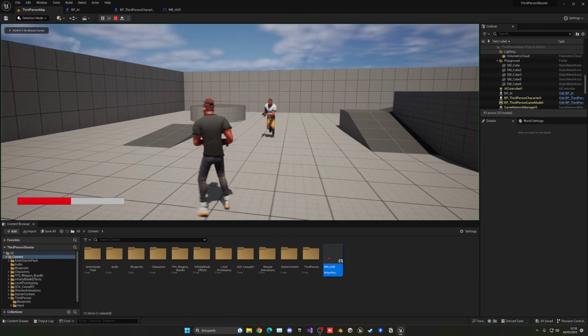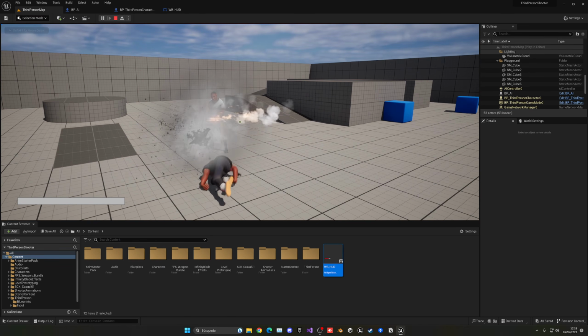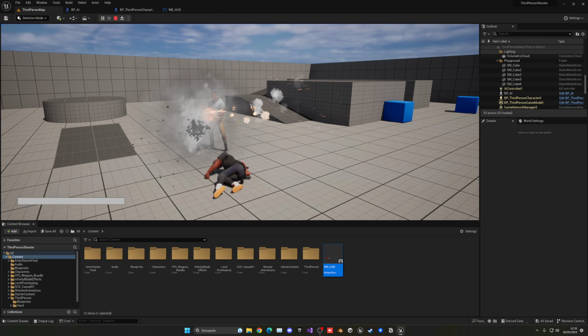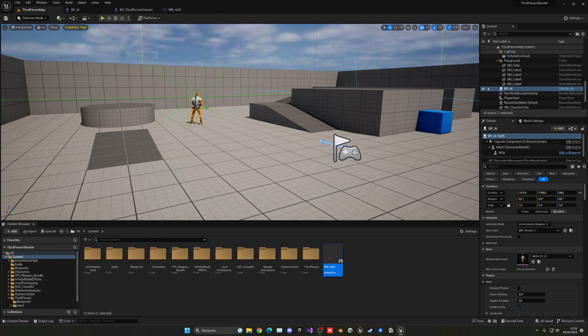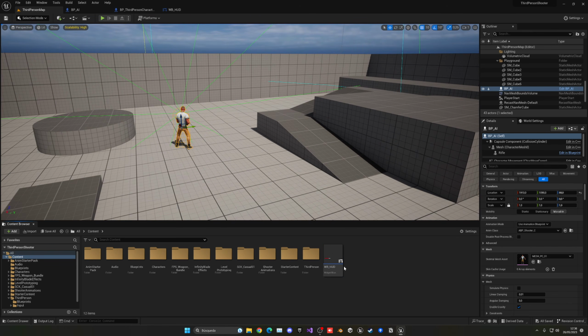Now you can see that that will work, and as you can see, he's killing me, and you can see the health going down. Great. Now let's do the same with the AI. Put a simple health bar on him. So what I'm going to do is just duplicate this and change the HUD to be